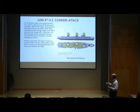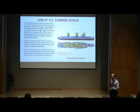And quite honestly, those people in those hangar decks have no chance. They take terrible casualties. But the Hiryu escapes. The Hiryu is under clouds, and the U.S. forces don't see it. So consequently, the Hiryu at 11 o'clock launches a strike of 18 valves and 6 zeros,